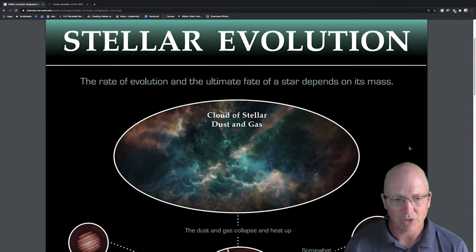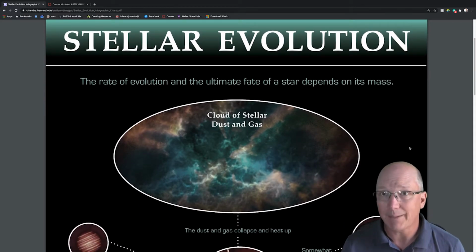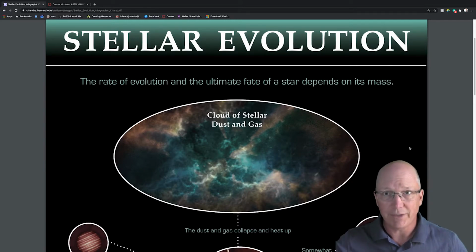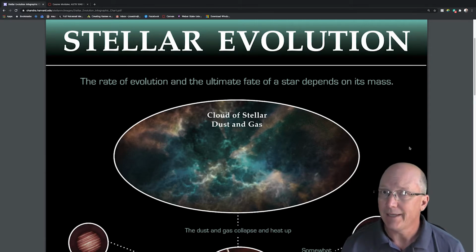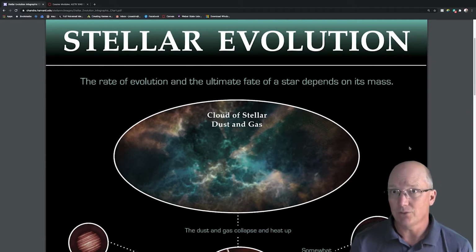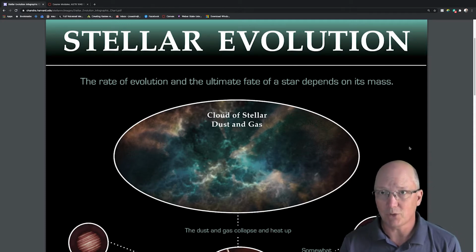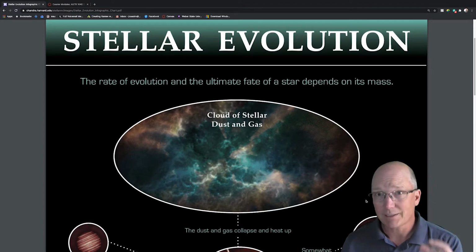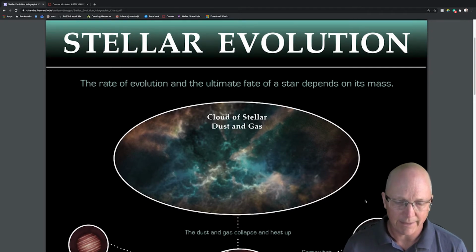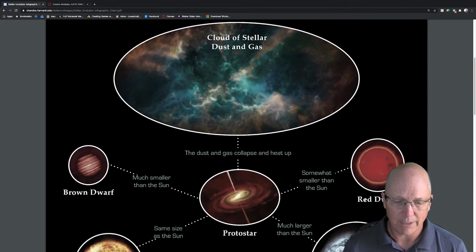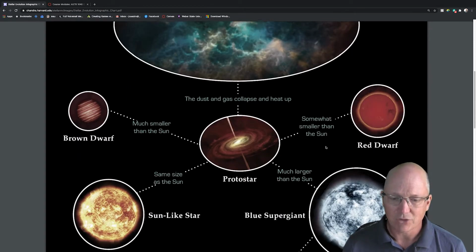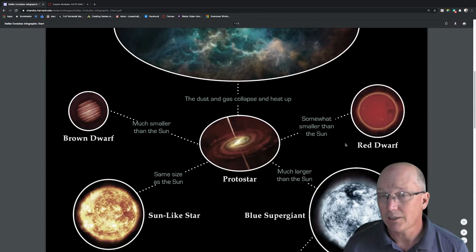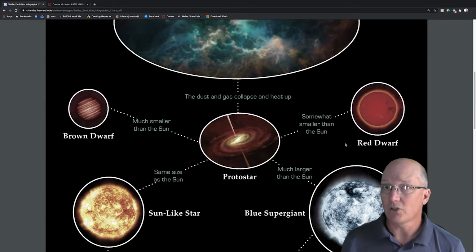So I just wanted to run through that really quickly so you could see what that looks like. First of all, stellar evolution begins with collapsing clouds of dust and gas, and by gravity alone these things pull together until they get hot enough that the interiors ignite into stars. And stars, by definition, are something that's producing its own energy through fusion inside the star. This process happens relatively quickly, a few million years, and that leads to the nebula that produces the star. That star-producing nebula is called a protostar, and the type of star you become depends solely on the mass